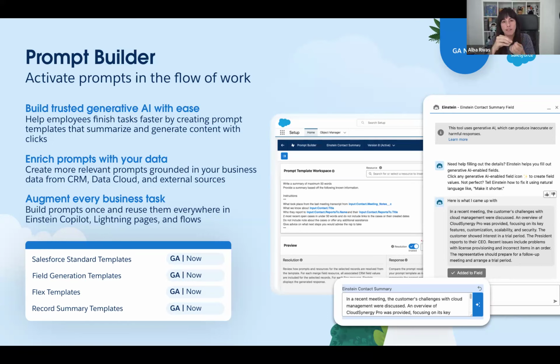So those prompt templates, when they are sent to the model, because we want to get a response, are going to be resolved. And all the data that you bind with these tools, merge fields, etc., is going to be resolved into a prompt that is finally sent to the LLM and that contains your customer data. But we have agreements with the LLMs that are available as a service in Salesforce so that they don't retain the data or use it to train the model in any case, because we want to be inside of the trust edge